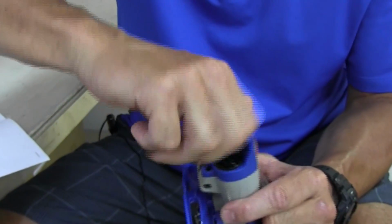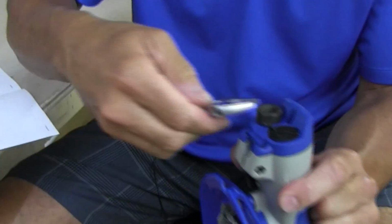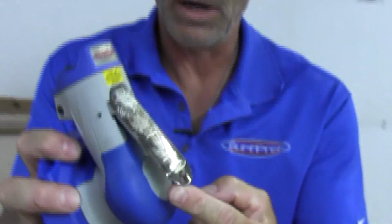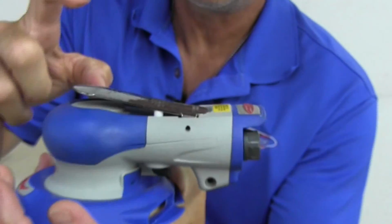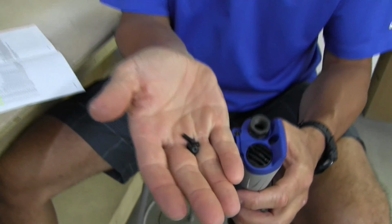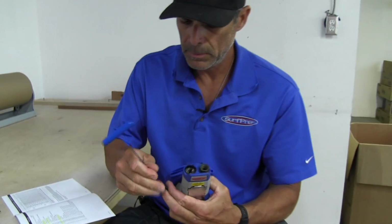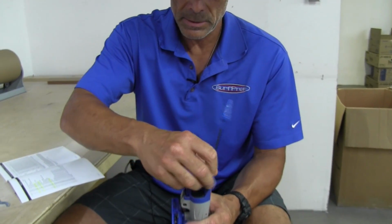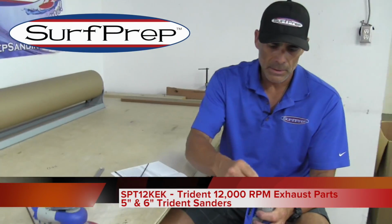Take your air inlet nut, screw it back first into place. Take your crescent wrench, give it a little tight, snug twist. You're good. Let your finger off here, and your throttle lever should bounce up and down. That means that spring is in place. The last thing I'm going to do is take these 3 male screws, and I'm going to put it on my 2.5 Allen wrench, and I'm going to replace these back in the holes. That fixes a tool